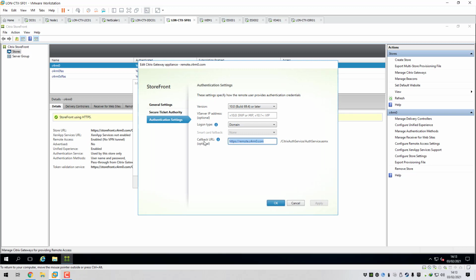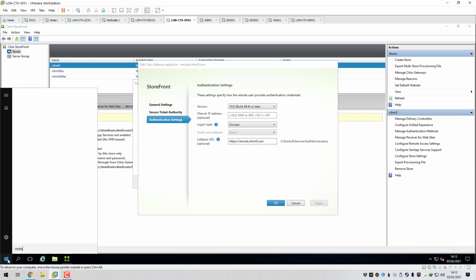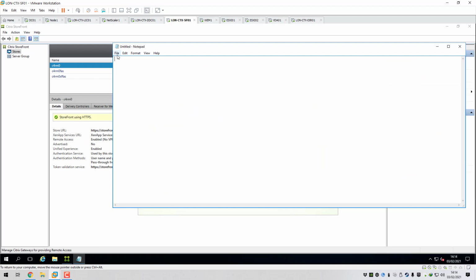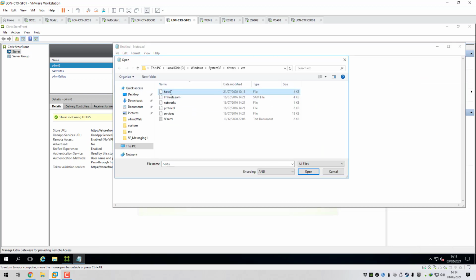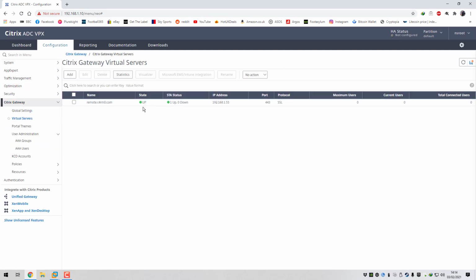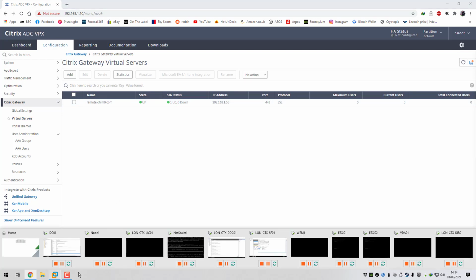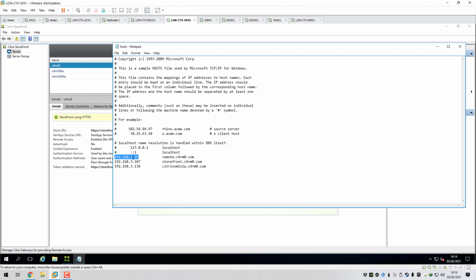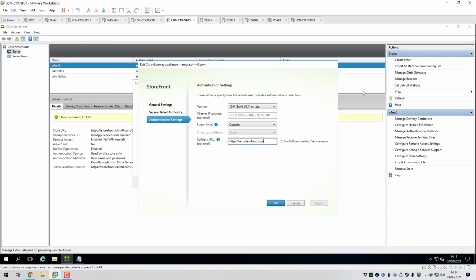In this case, because it's a lab, I've got access directly from my internal StoreFront server to the DMZ. So yeah, I've got my callback URL there, which points to remote.carmo.com. If we have a look in my host file, this is on my StoreFront server, so I'll show you that. If we go file, open, all files, you can see there remote.carmo.com points to the DMZ VIP for my Netscaler gateway. So if we go onto here, it's virtual server, you can see it's 192.168.1.55, and then you can see there 192.168.1.55. So callback is configured, so that's the other requirement,